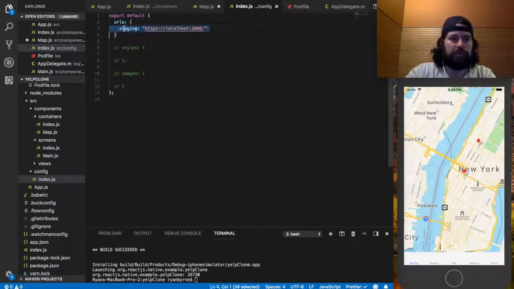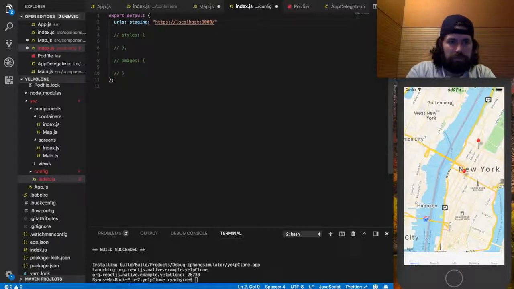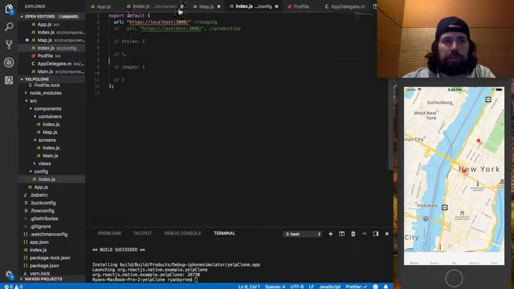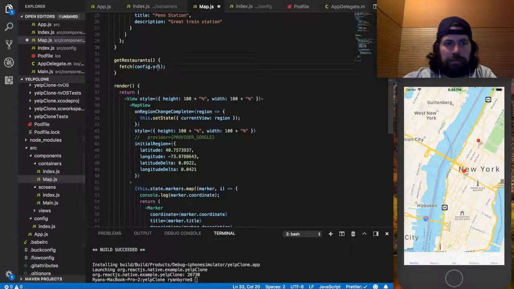So I think what we'll do is this. And leave a note that it's staging. And then when we have our production one, we can just toggle them back and forth with a comment. Kind of a quick and dirty way to get that done. So config.url,